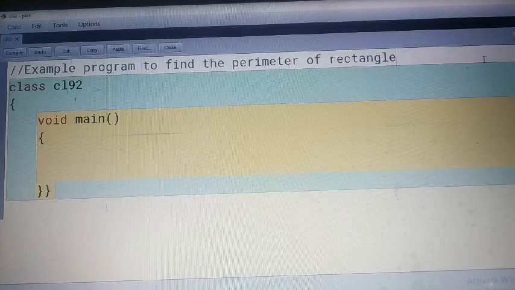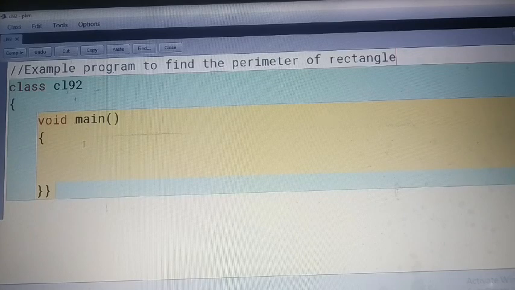What is the formula of perimeter? Do you have idea? Yes, a rectangle's perimeter is equal to 2 into length plus breadth, isn't it?